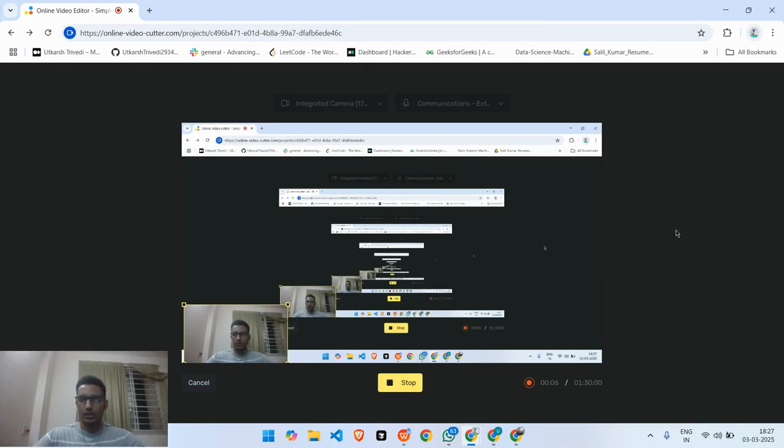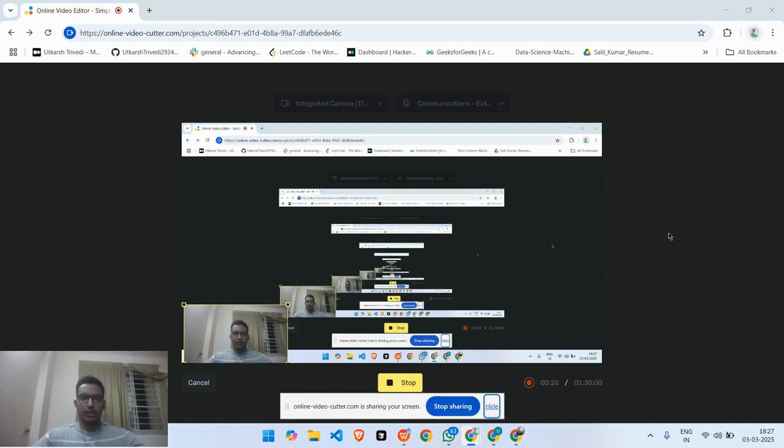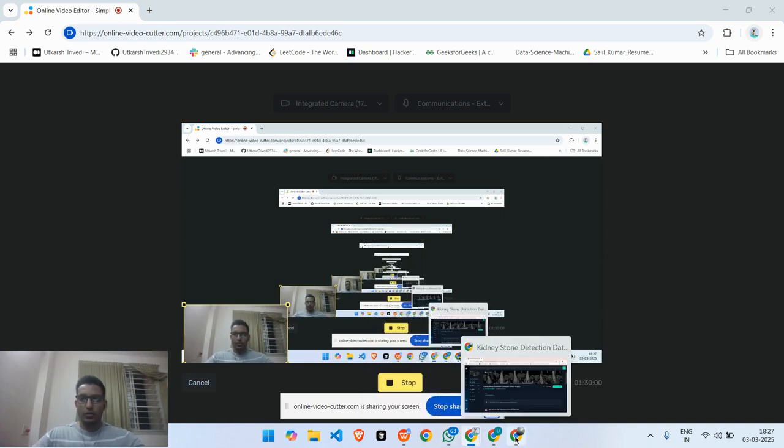So, in today's session, I am going to guide you through one of my computer vision projects, the kidney stone detection. So, let's get started. First of all, for any computer vision project, we need a clean dataset with